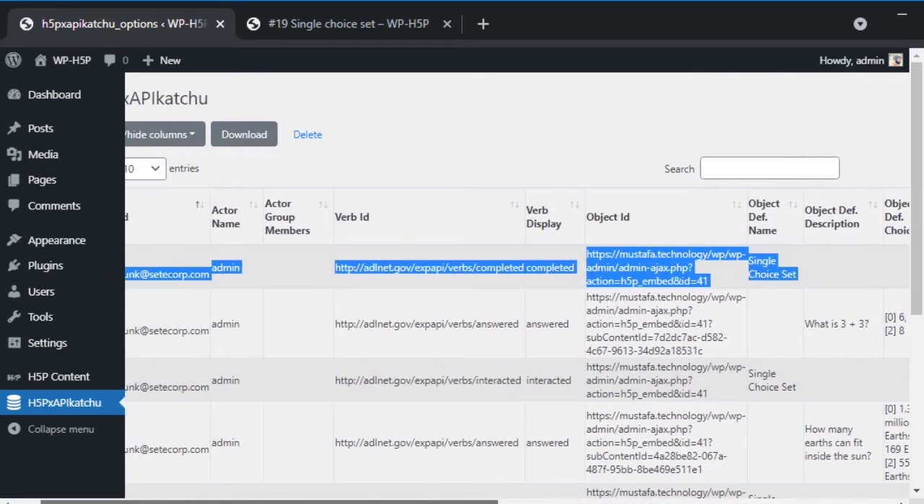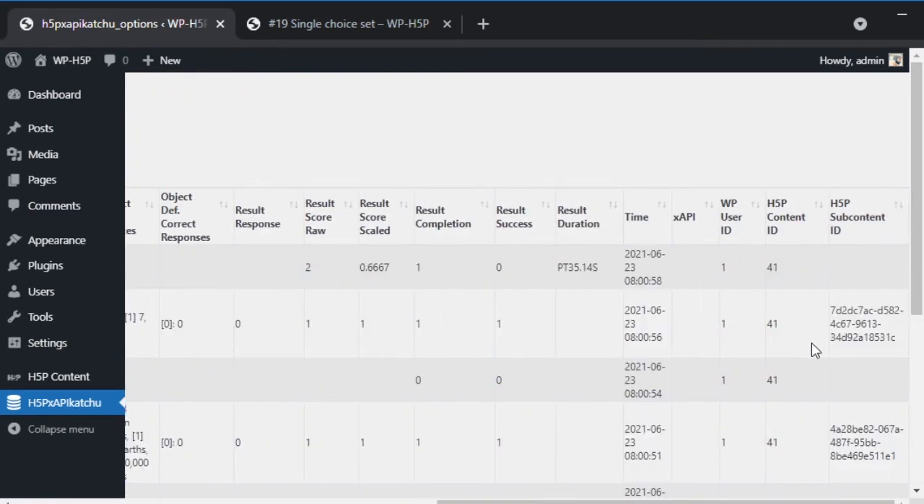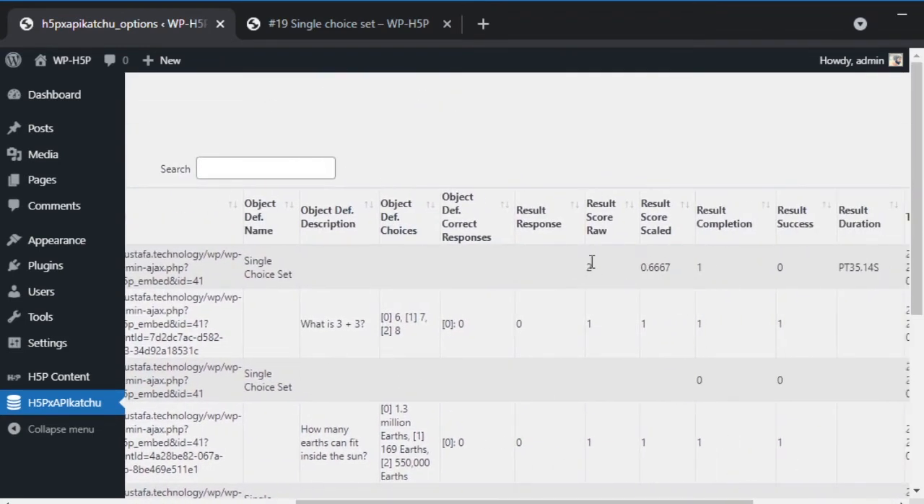The first line, which was the last action we did, is basically the results. This could be the most interesting if you're just looking for the results and you don't care about how we got to this point. So it says result score 2. I got 2 out of 3. If you remember, that is the raw score,